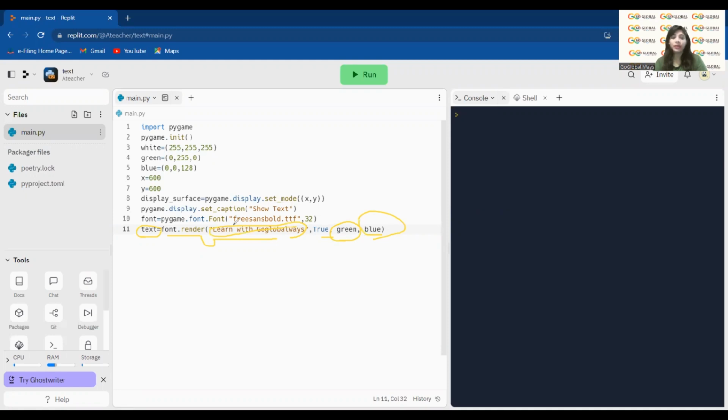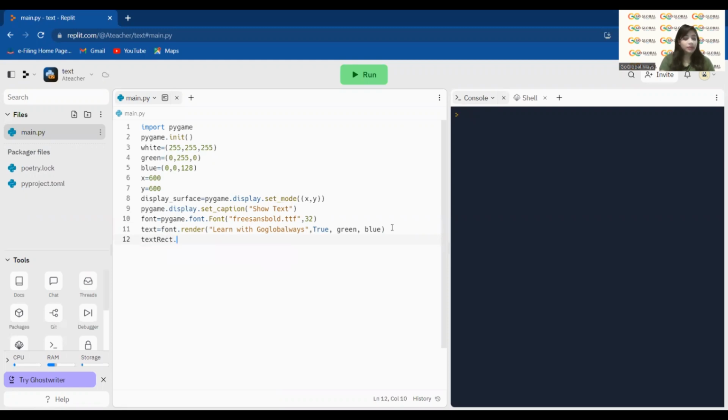In line number 10, it's setting up the font and font family, and here is the font size that we are setting up. Okay, now let's see the next part. What will come next is, after setting all this, we have to set the rectangle. As I told you, we have to make a surface where I want my text to be. So I will simply write text rect